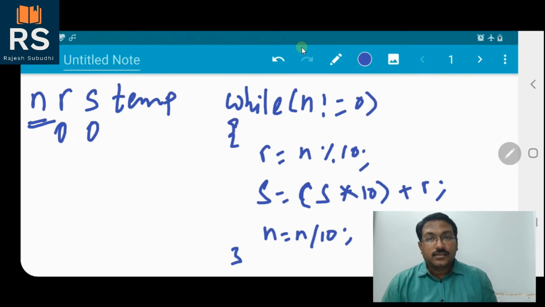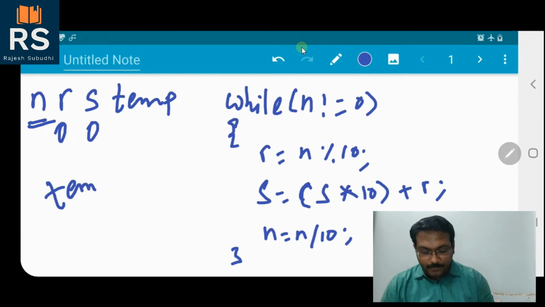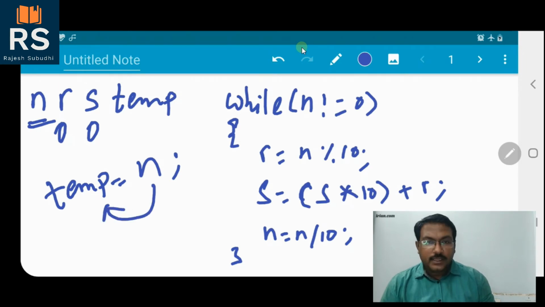The number given by the user is stored in n and also in temp. So before this while loop we have to store temp equal to n. Whatever the value in n will be stored in temp.